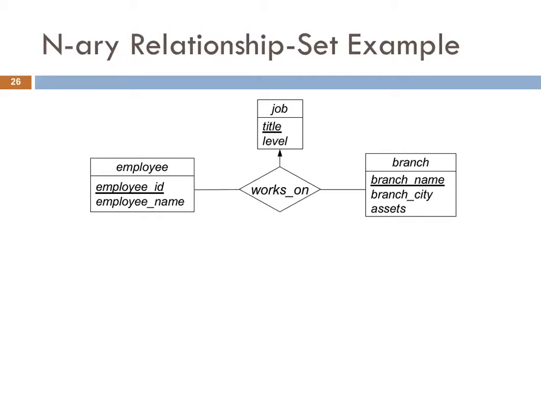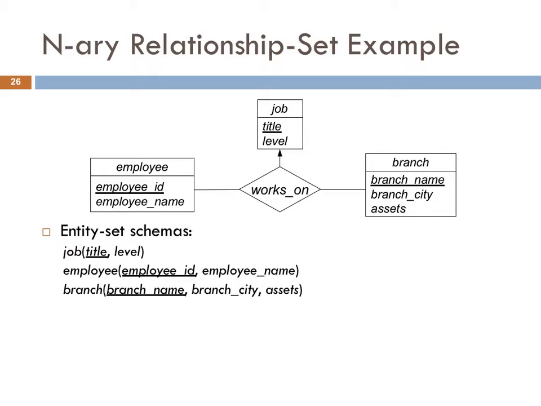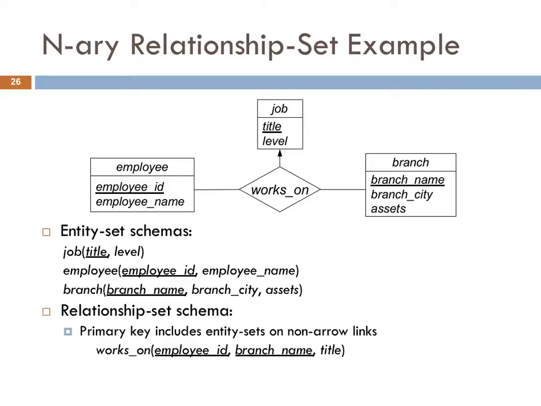Okay, so employee job branch. So again, we have this ternary relationship set. The schema for works on, well, it's got to include employee ID, title, and branch name. It's got to include all of those things in one place. Okay? These are the entity set schemas. So we know it's going to include employee ID, title, and branch name, but then we